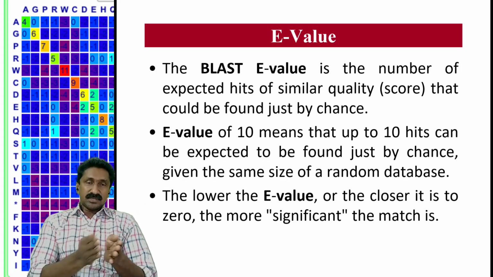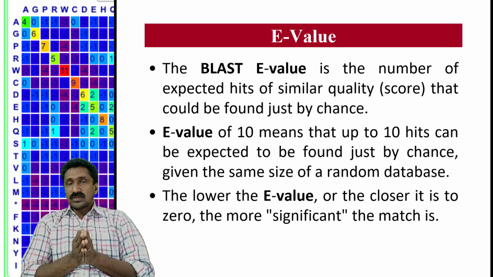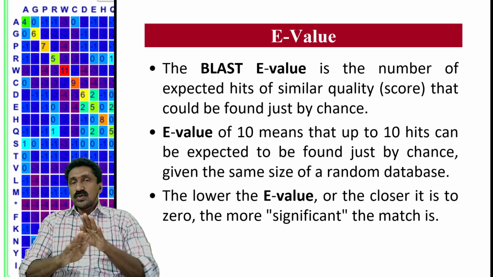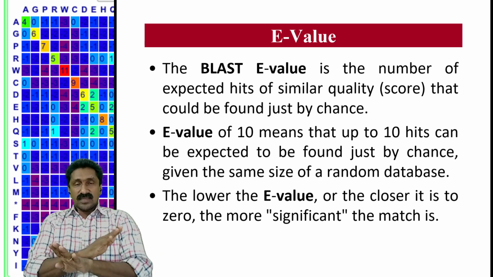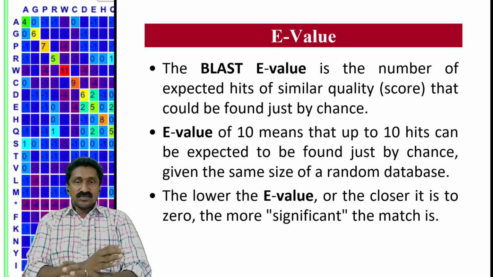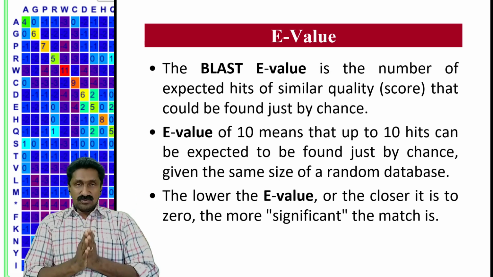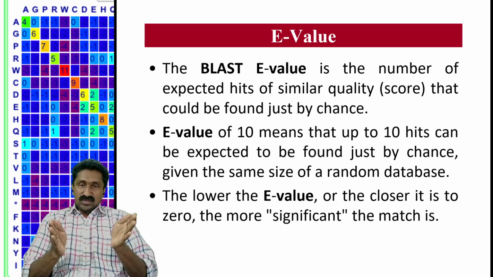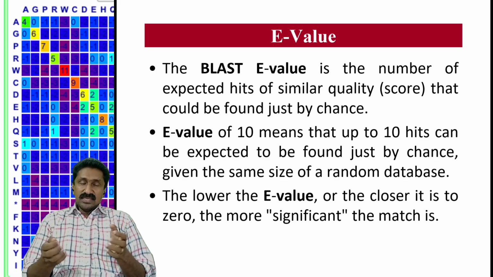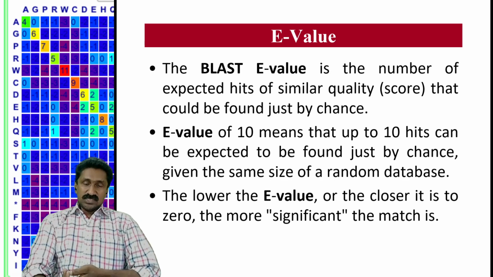So you should interpret the e-value as being closer to 0, meaning there is no random occurrence of such alignments, or a chance alignment of the same alignment score will not be possible at all. So that's what a 0 e-value means. If the value of E is closer to 0, then the alignment is the best one.